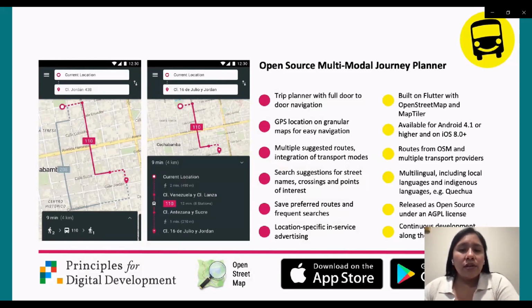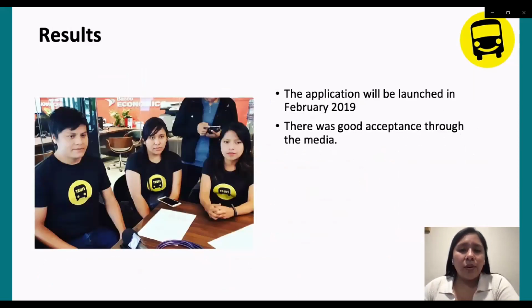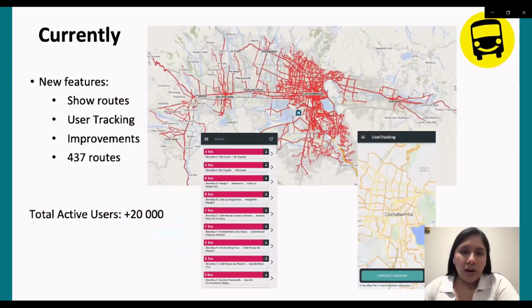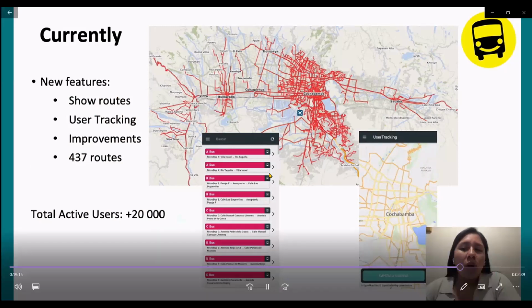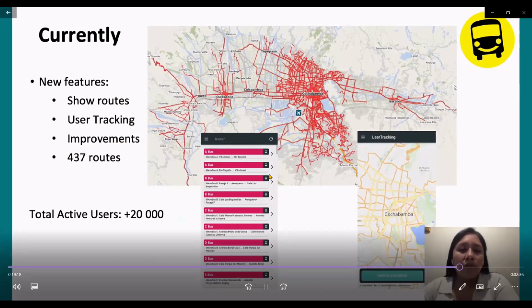The application is intuitive and easy to use, so these features made it well accepted by the local media after we launched the app in February of 2019. Currently, in March of this year, we updated our app. It was version 3. Because of the demand of our users and all the feedback, we decided to incorporate new features and expand